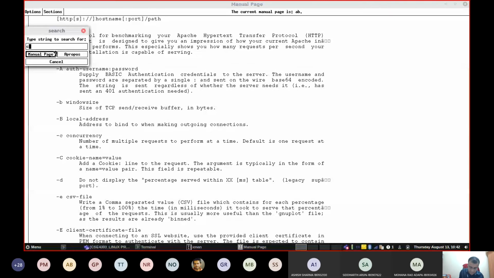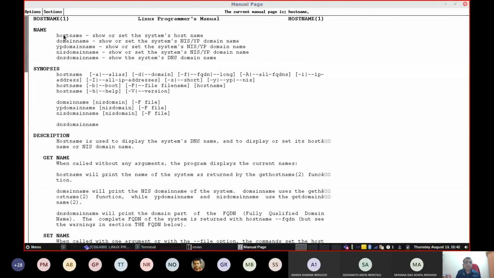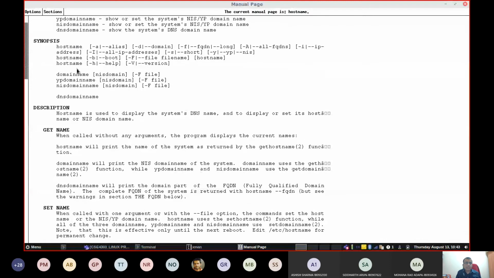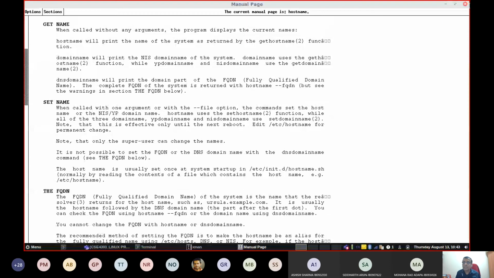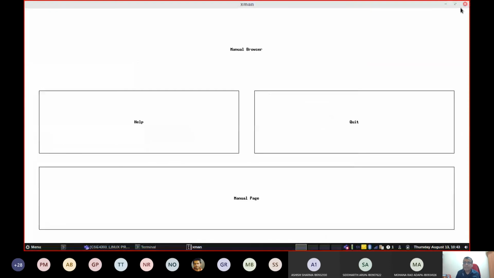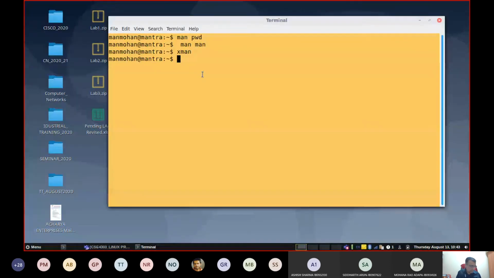Search, for example, hostname. Then you will find out what the hostname is and how to use it. You will get full details. Okay, man or xman, whichever is comfortable, you can try practicing it.